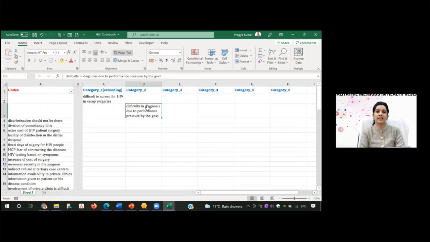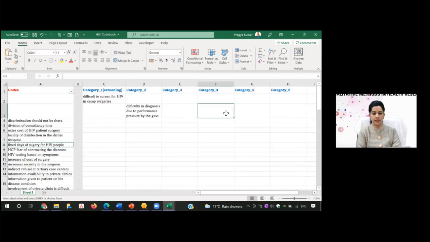So I'm not doing the thinking part now. The thinking part has to be done by you because it will be your research project. I'm just telling you how to ease that part of making categories. So maybe if this is fixed days, I can cut it and put it here in the category. Sorry, just a sec.